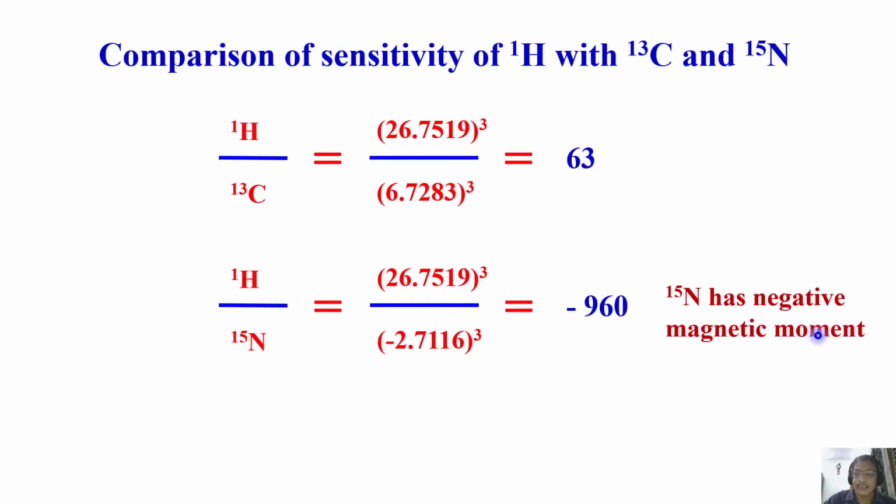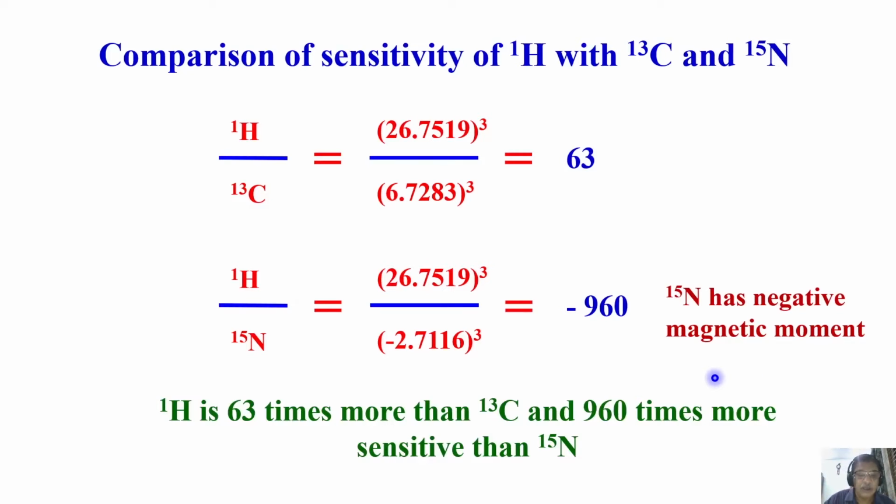Of course, the sign, as I said, is because of the negative magnetic moment of nitrogen 15. So, the general conclusion is, compared to proton detection, carbon is 63 times less sensitive and nitrogen 15 is 960 times